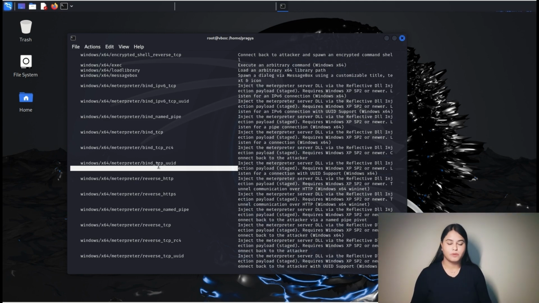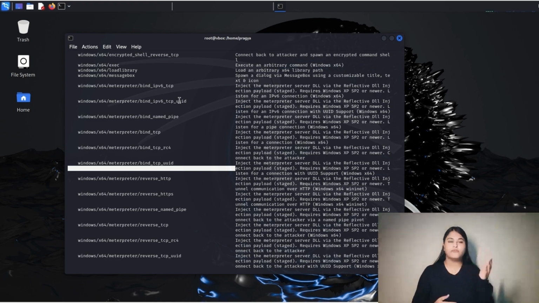First, if I talk about bind, when your backdoor gets executed on the target machine, a socket gets created on the target machine, which opens a port. And whenever you have to establish a connection, you establish it using that port. For example, if it was bind HTTPS on port 8080, you will be establishing a connection to the victim's machine using the port. The port will be opened on the victim side.